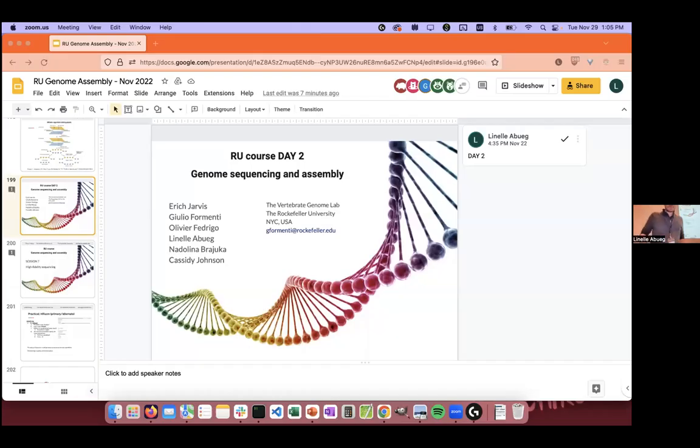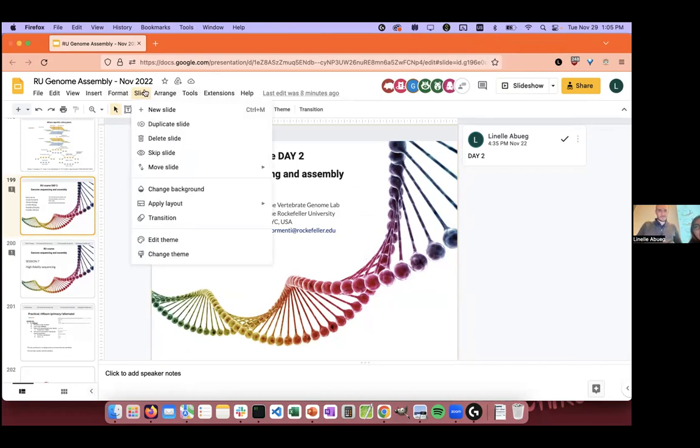Minimize. That's fine. We're just gonna minimize this panel, hide video panel, hide floating meeting controls, and